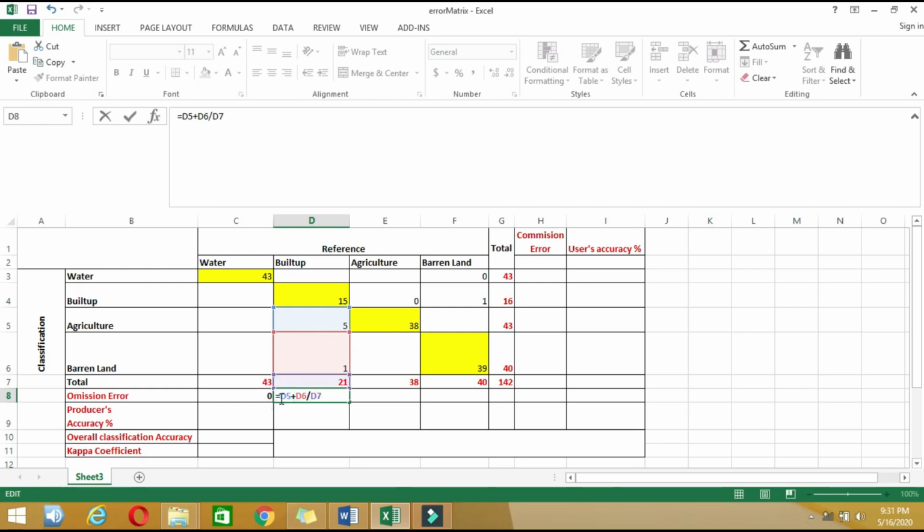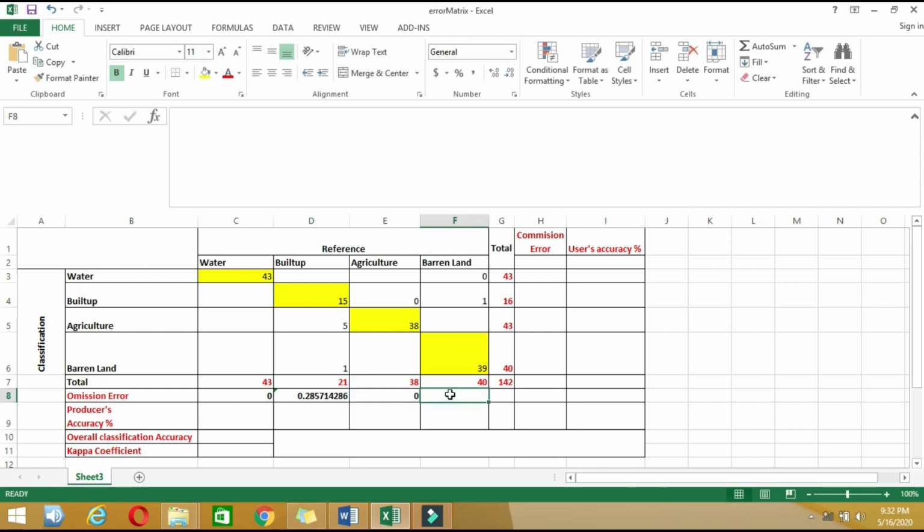So 6 were basically not included in the class, but they are actually build-up. So to calculate the omission error, we sum both and divide by the total number of reference sites. And then again we will do it for agriculture. In the agriculture case it is 0, so we put 0 divided by 38, which is basically 0.